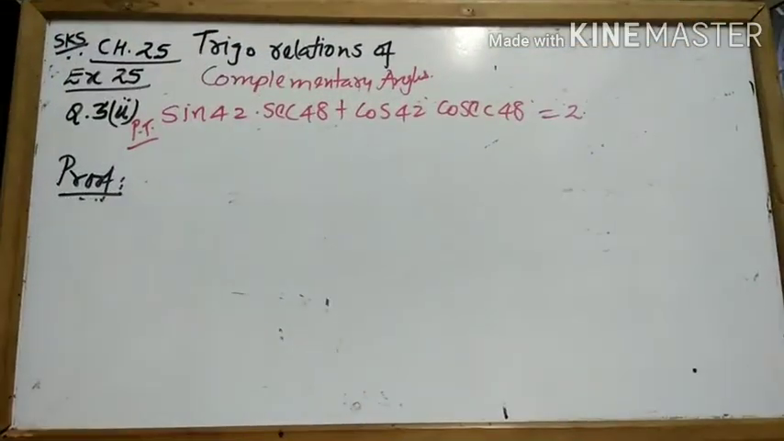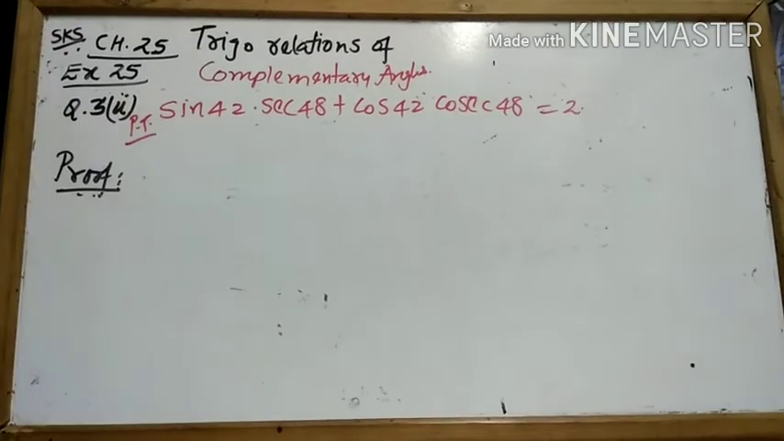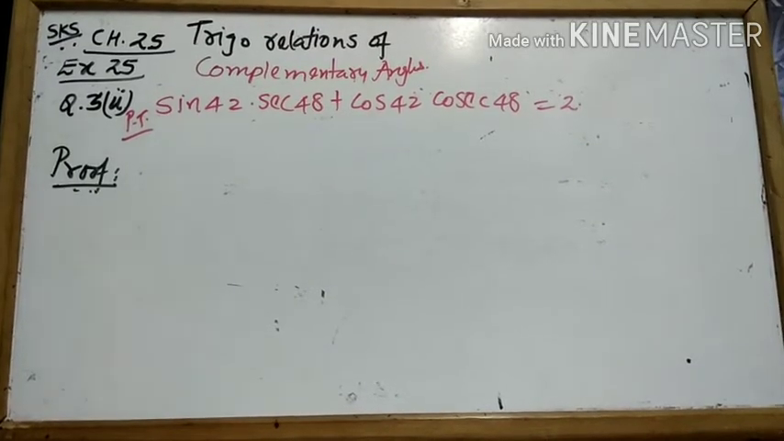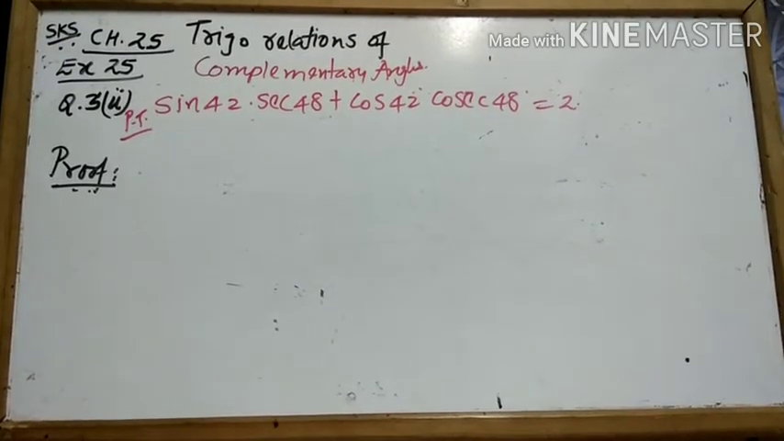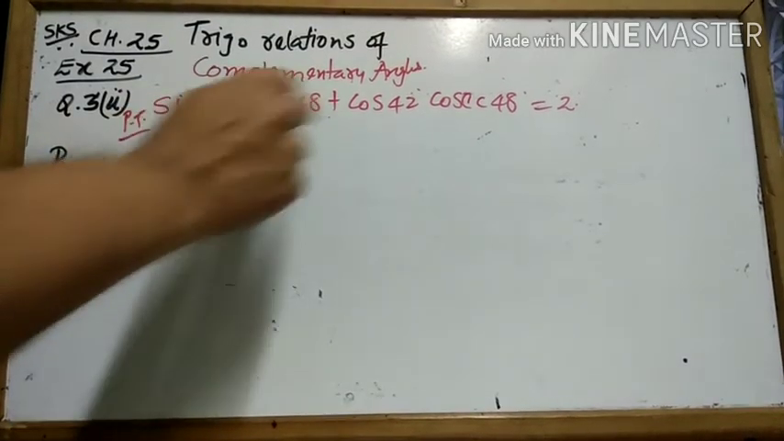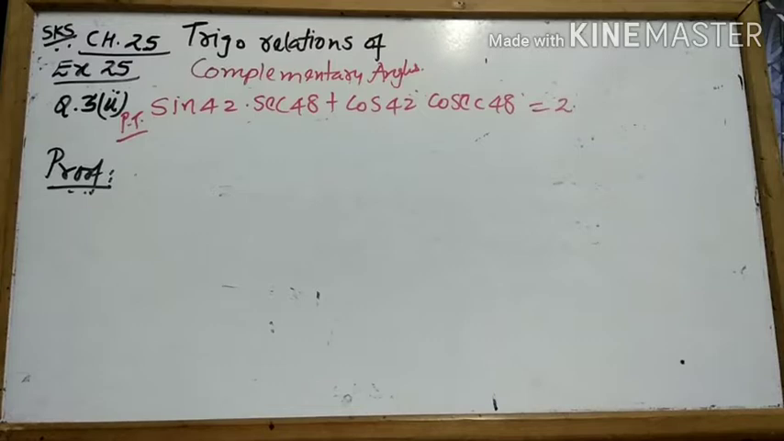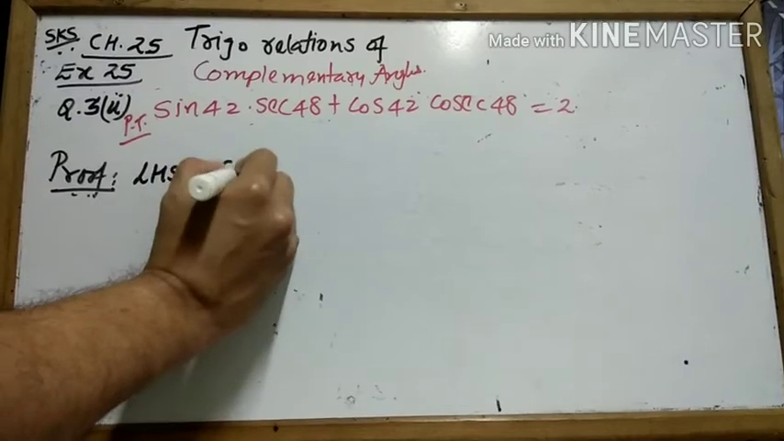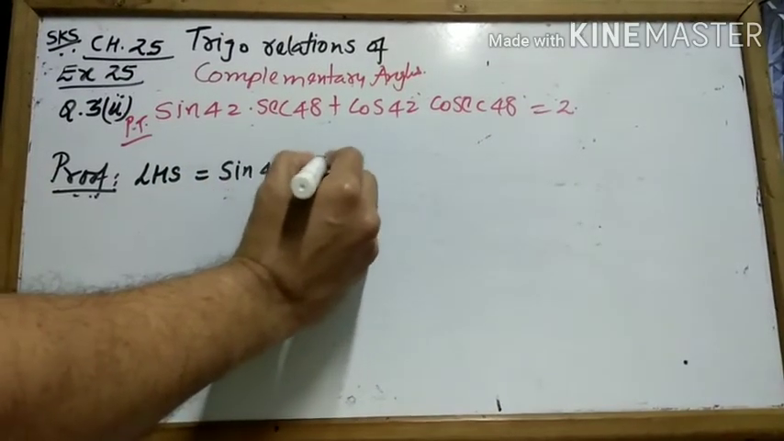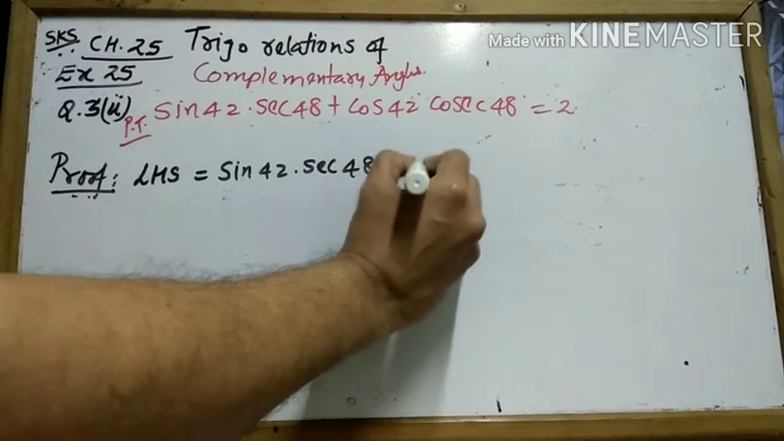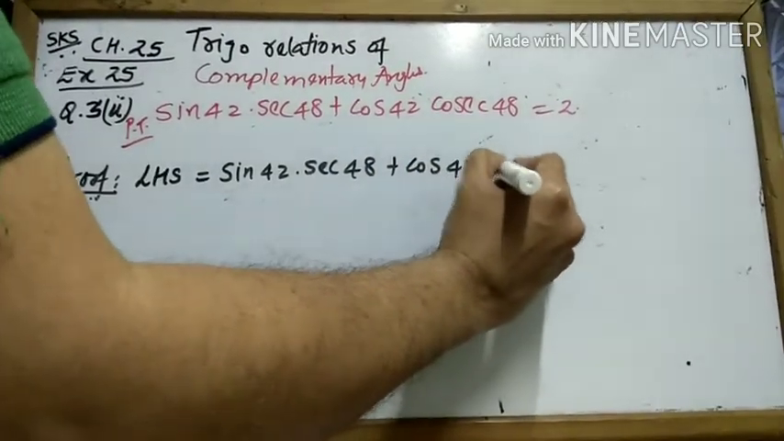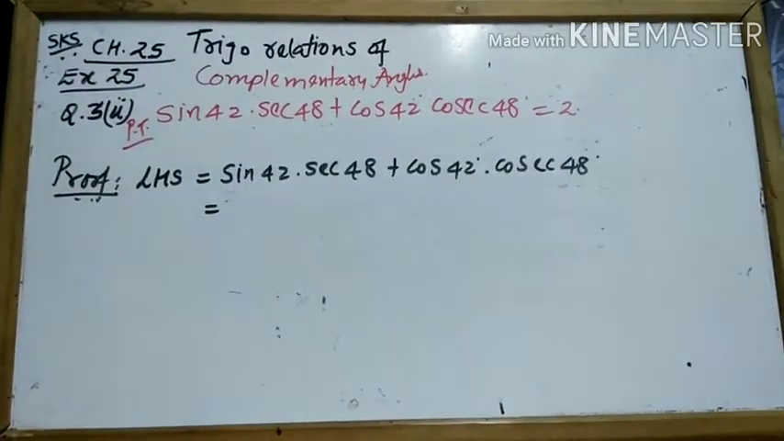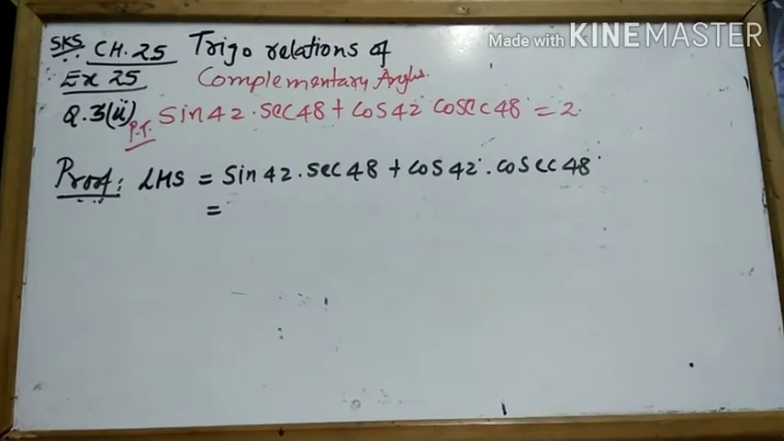One more question from question 3. They have asked us: sin 42 into sec 48 plus cos 42 into cosec 48 equals 2. Now apparently this is very simple. 42 and 48 make 90 degree, but before that we shall see a very important step. This is sin 42 into sec 48 plus cos 42 into cosec 48. If you remember,